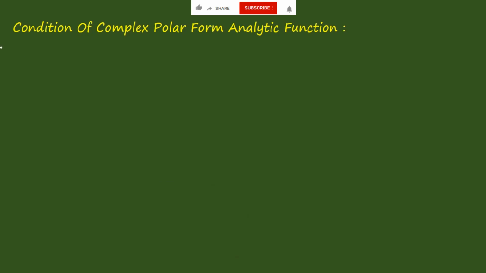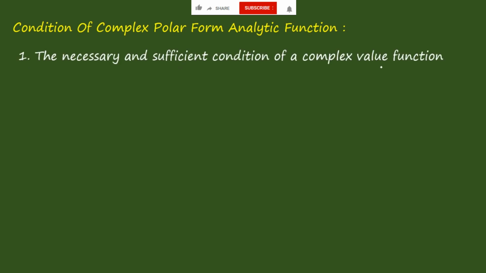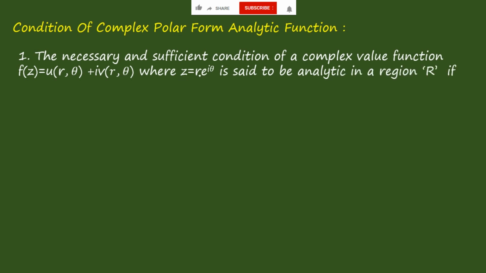Now we're looking at the conditions of a complex polar form analytic function, to say whether the given function, which is in polar form, is an analytic function or not. The first one is the necessary and sufficient condition: a complex valued function f of z equals u plus iv, where u and v are functions of r and theta, and where z is equal to r e power i theta, is said to be analytic in a region R if